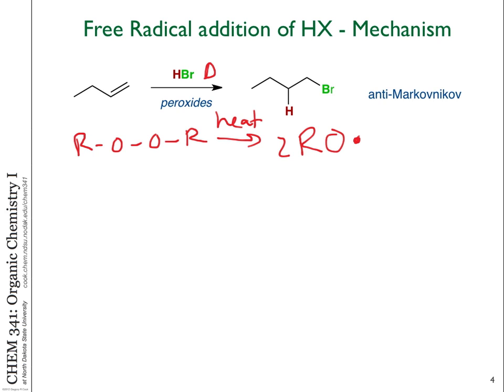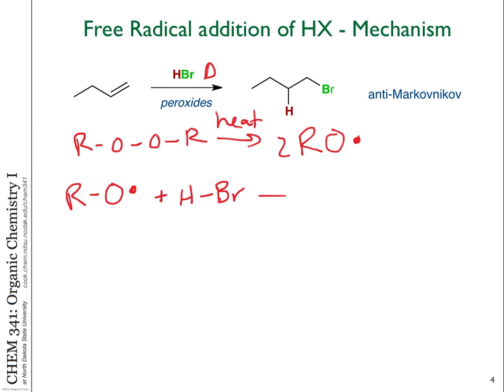Then you can react some radical with some neutral molecule and get a new radical and a new stable molecule. That's a propagation step. Or two radicals could combine in a termination step. That generalizes radical type chemistry. So what happens here is, if we want to think about an initiation, we can do that with this peroxide breaking apart. If we then want to do a propagation step,